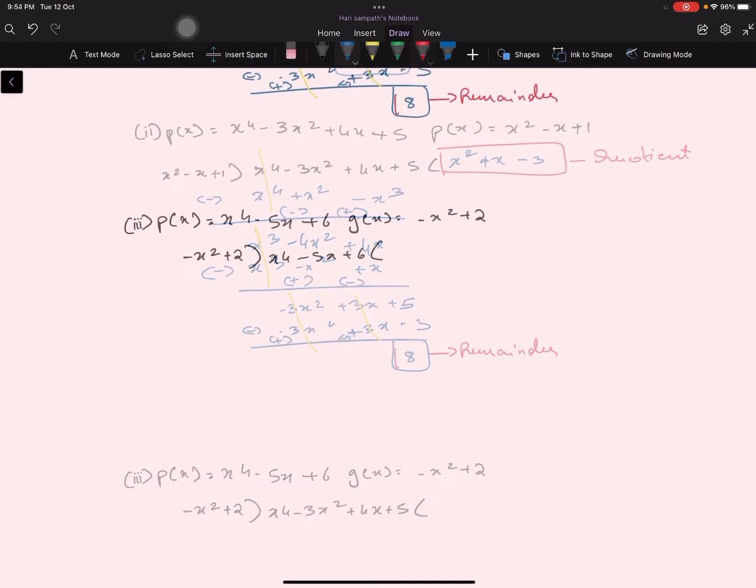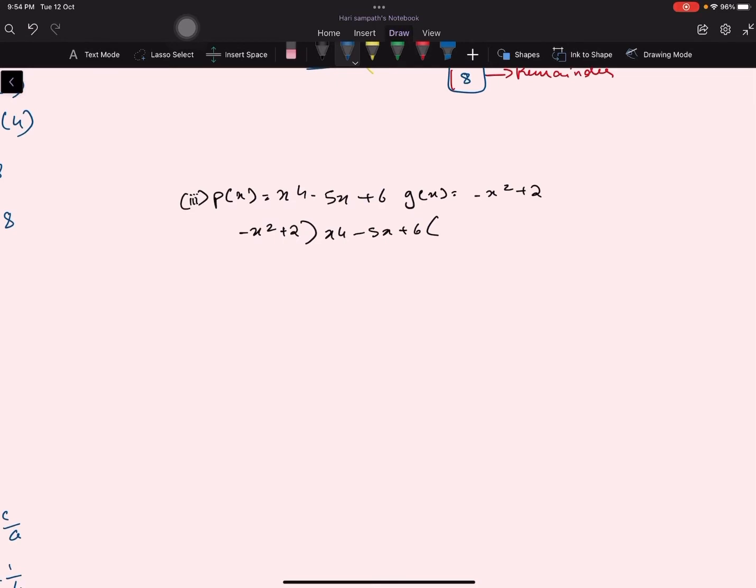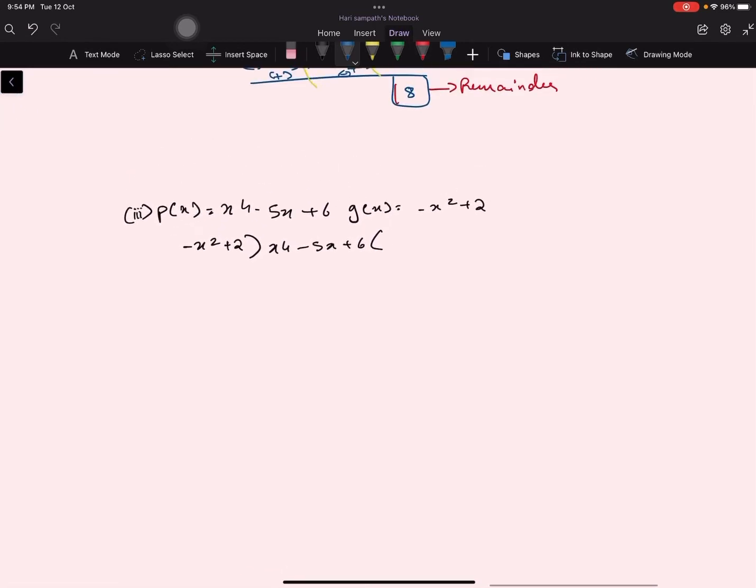Moving on to the third sum, we have minus x square, right? I'm going to be multiplying it with minus x square in order to make these signs alike, and then I'm going to be multiplying it with x square in order to make it x raised to the power of 4. We get x raised to the power of 4 minus 2x square. We don't need minus 2x square as of right now. This becomes plus all, by the way. So we write minus 2x square here.